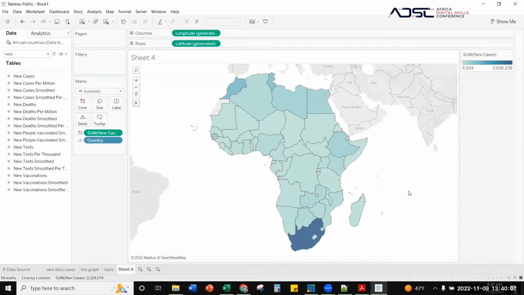Let's assume that I want to format this whole thing. If you want to format it and just have the map as an African map without all this background here,